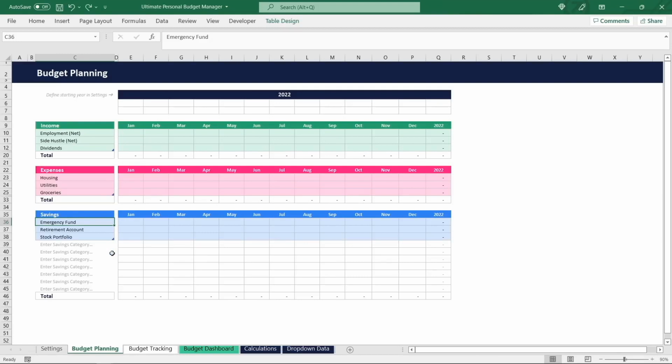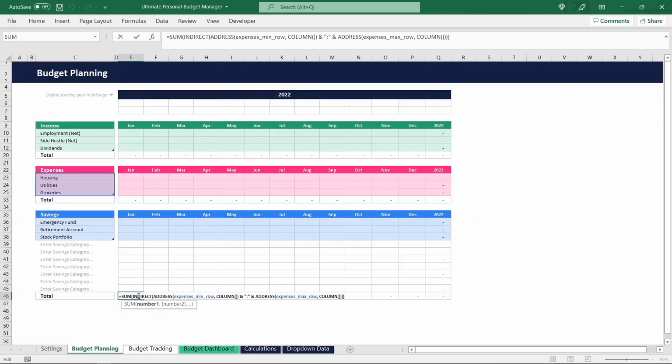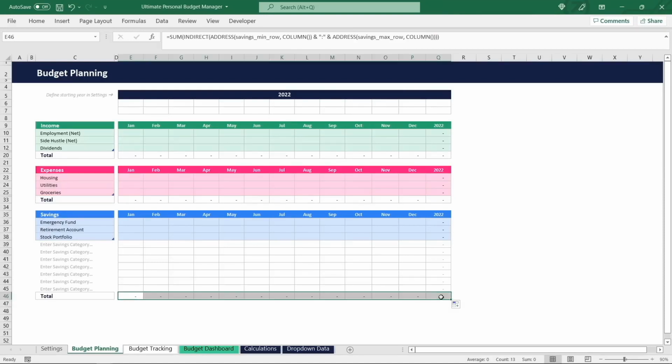Amazing! Again, for the calculation of totals, the formula in the last column does not need any adjustments, but the formula in this bottom total row needs to be slightly changed in the form of changing those row references to savings min row and savings max row. Beautiful! Let's autofill this formula to the other total cells in that row, enter some sample values,